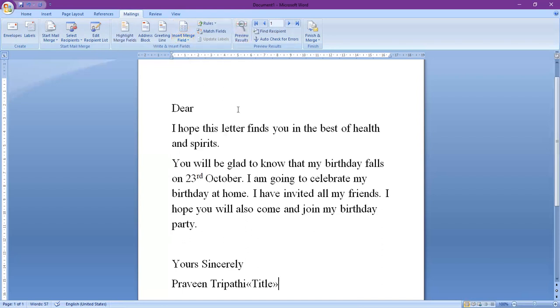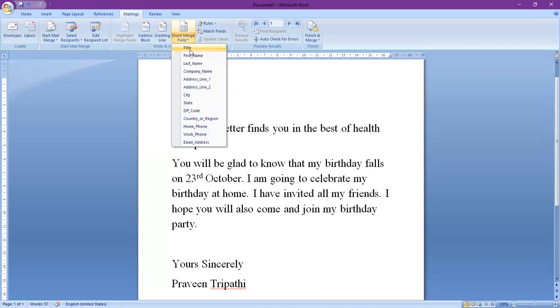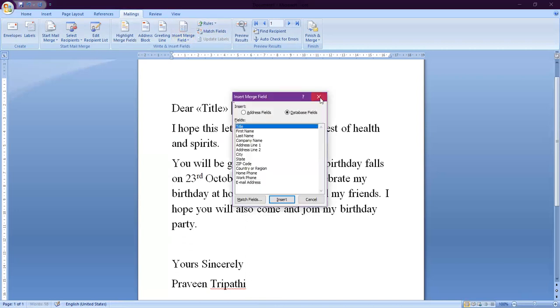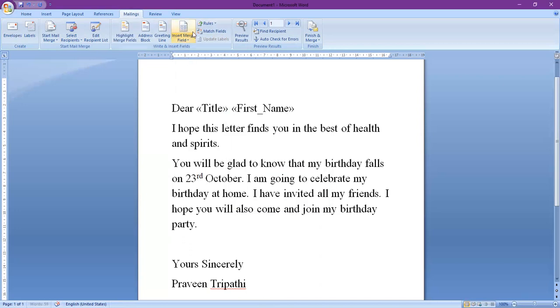Okay, so the title is coming here right now. I'm going to delete it. Supposingly I need to drag the title here, so I have to click on insert merge field. I will click on this title, so my title will come here. Now I'm giving space, then I will once again select first name, then space, last name.